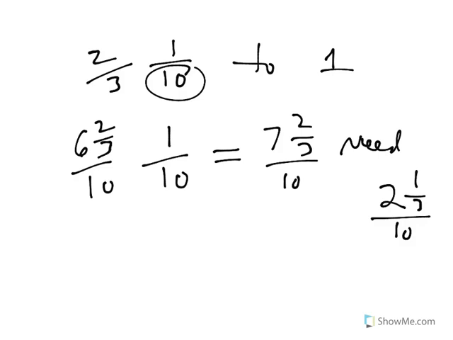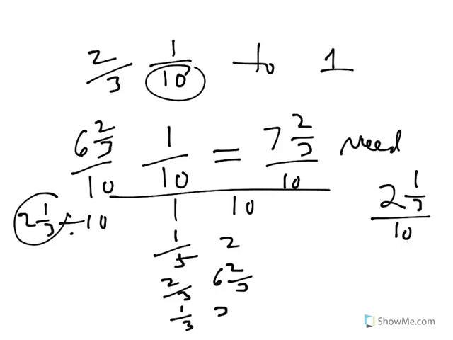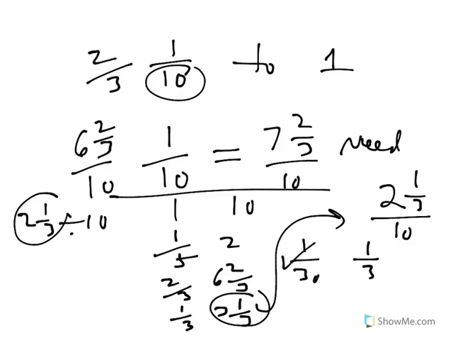And that 2 1/3 tenths, they can divide 2 1/3 divided by 10, like this, 1/10. 1/5 gets us 2. 2/3 of 10 gets us 6 2/3. I'm trying to get 2 1/3. 1/3 is 3 1/3. Once I get a 3 1/3, divide that by 10 to get the 1/3. That's 1 over 30. So I put the 1/3 together with the 2, and I get my answer of 1/5,